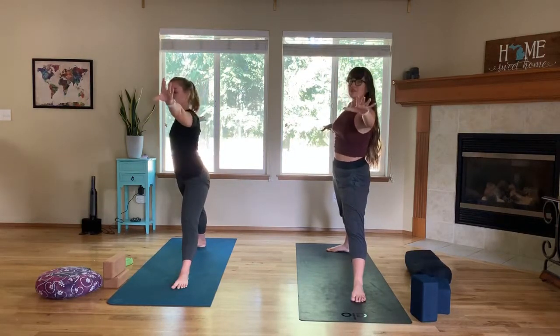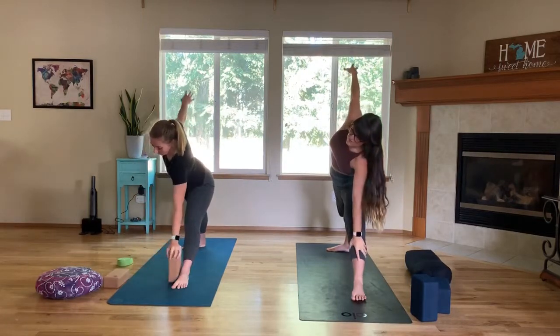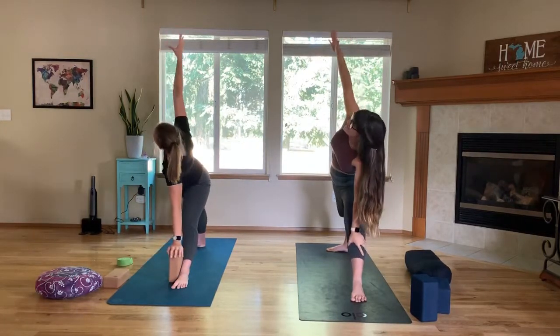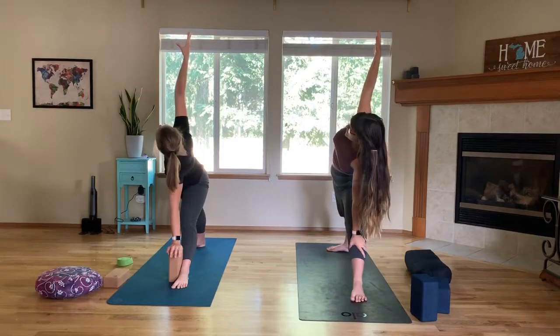So reaching that left arm forward, forward, forward, and then take it down to your shin or a block as you lift the right arm up towards the ceiling. And if your gaze is...